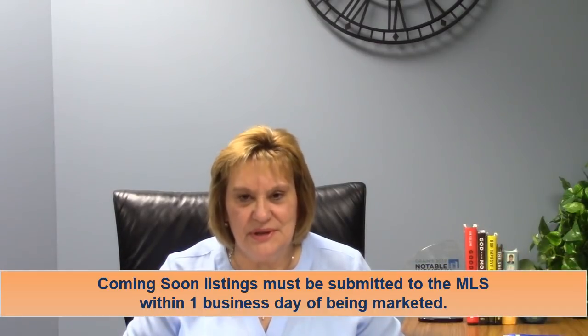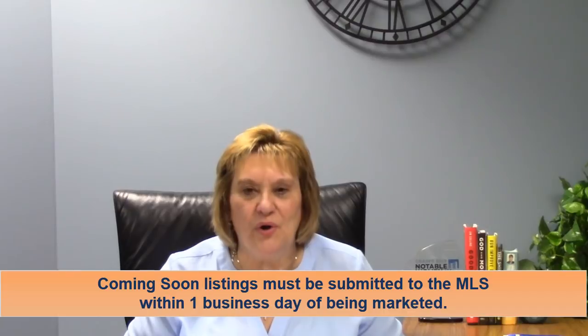In 2019, the National Association of Realtors, NAR, implemented what they call their Clear Cooperation Policy. And what that says is if you have a signed listing agreement with a seller, that property must be submitted to the MLS for cooperation with other MLS participants within 1 business day of it being marketed. Marketing, according to NAR, includes flyers in the windows, yard signs, digital marketing on public-facing websites, broker website displays, including IDX, digital communications marketing, such as email blasts, multi-brokerage listing sharing networks, and any application that is available to the